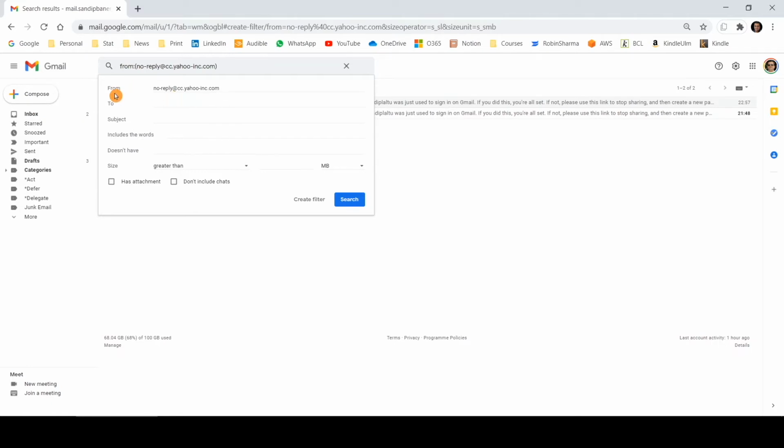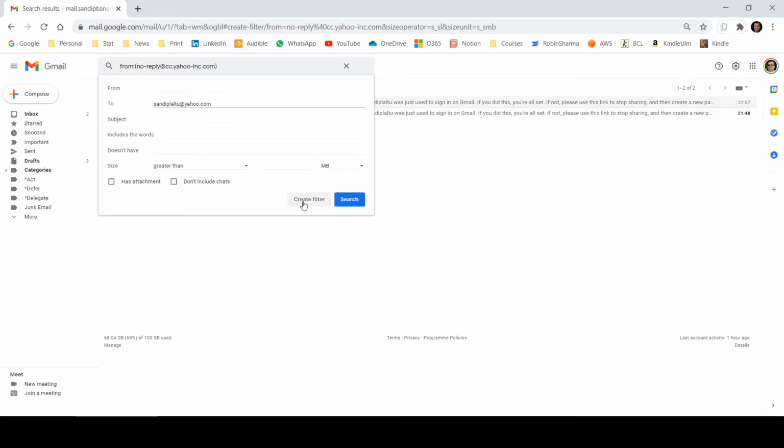Now it is asking from which account it came. I don't want that. I need to mention the To address, which means if you have configured your Yahoo Mail, you need to type your Yahoo Mail address here. So whatever emails are addressed to that address, those will be reflected here.